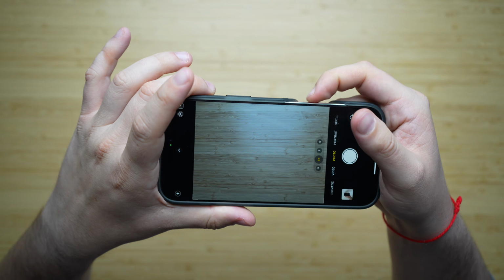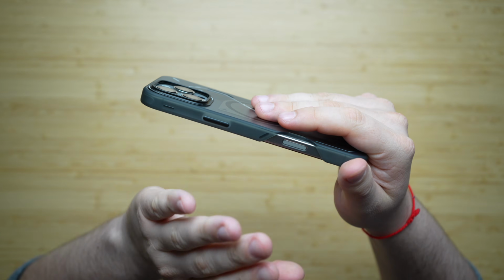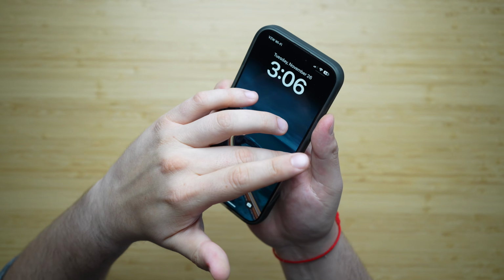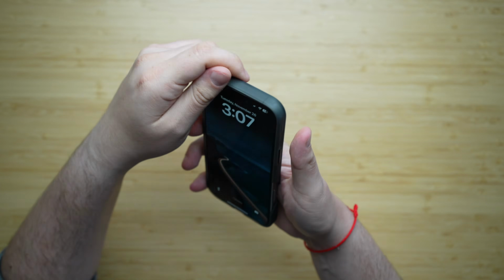Really no need to even test it there. Everything works just fine. But it's just this camera control cutout honestly makes the phone kind of uncomfortable to use when you are holding it like this. If you hold your phone just like this, and I can kind of show you guys right here with this camera angle, your palm is digging all the way into the camera control area right here, and it's honestly just